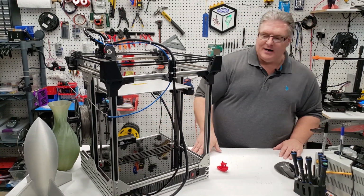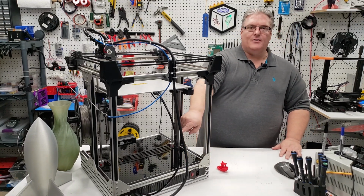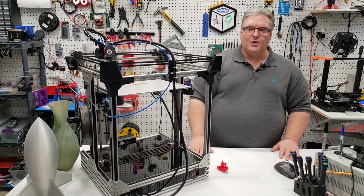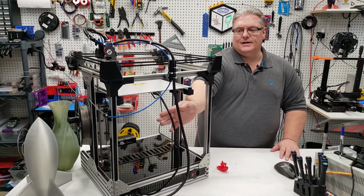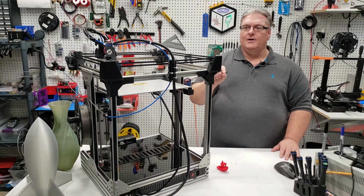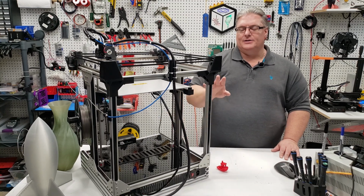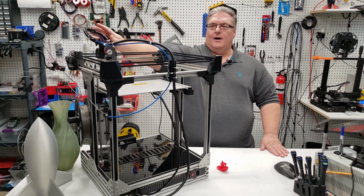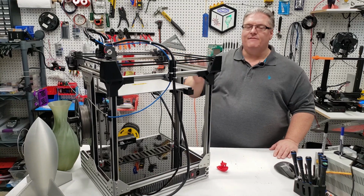The other things that we've done here, obviously there's a panel here for the power. That's all in place. You'll see there that there's a USB port on the back, so you can hook up your printer or Octoprint, whatever you want to do there. And unlike a lot of these wiring looms, we've gone and reached out and purchased from Misumi cabling that has all the connections necessary to route it to the carriage here. So what we've got there is a nice clean look, even from the wiring